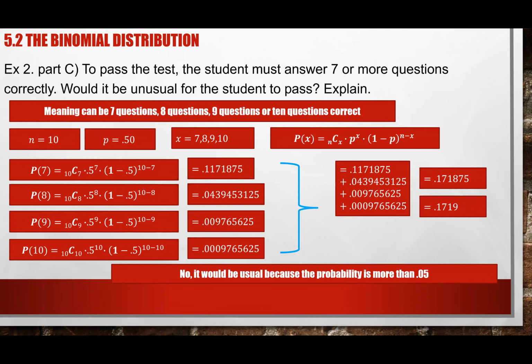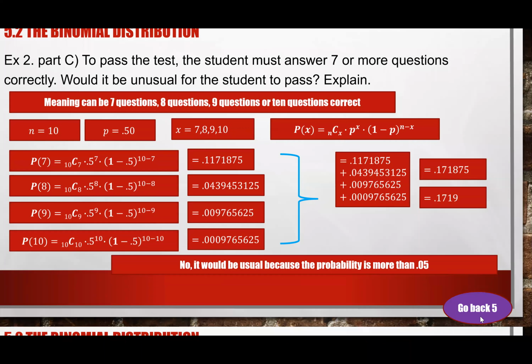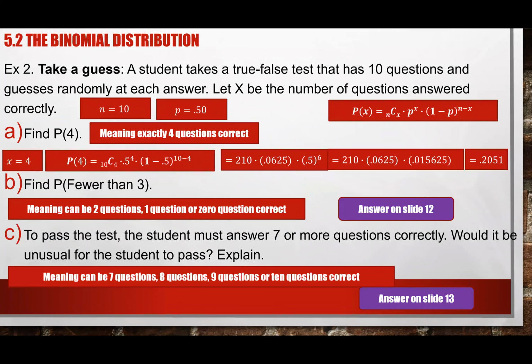Okay, but again, any question on how I find part C, or why I have to do all four of them, and how to answer if it's usual or unusual? All right. If you don't have a question, like I mentioned to you guys, there are three methods to solve this problem. The first method is we use our formula, we construct our formula, and we put in our formula, and then we just